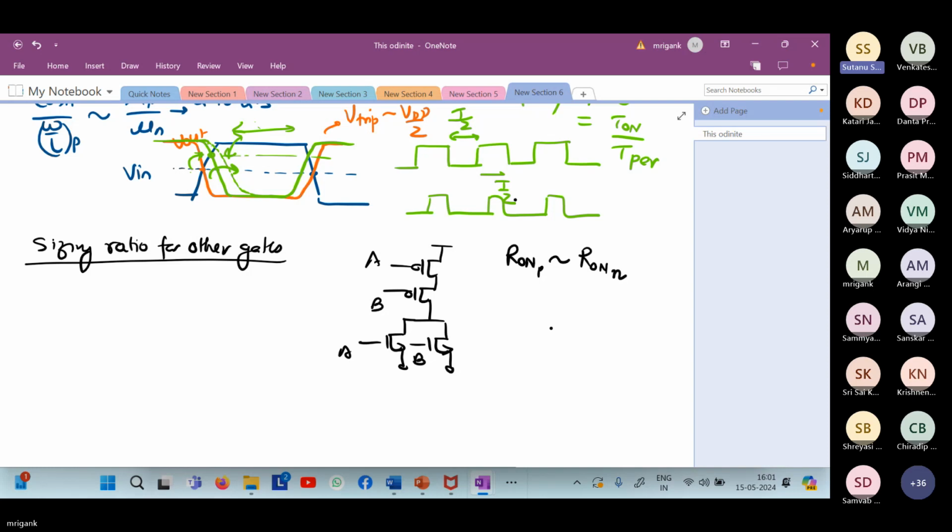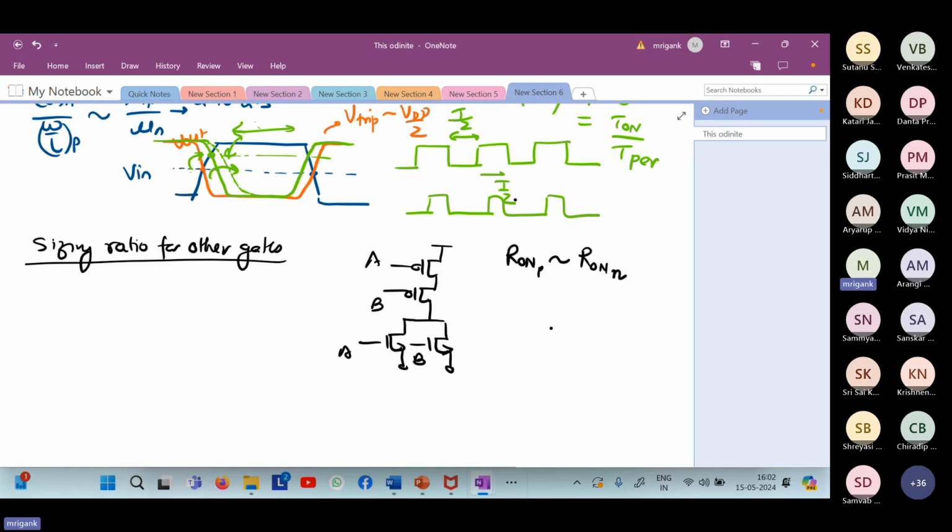We can do this by taking the worst case scenario in each condition, and then we set the widths such that the net resistance seen on the NMOS side is equal to the net resistance seen on the PMOS side. And we know that if I scale the width by a factor of alpha, then my resistance will become R by alpha if it was originally R. Yes, so that is correct.